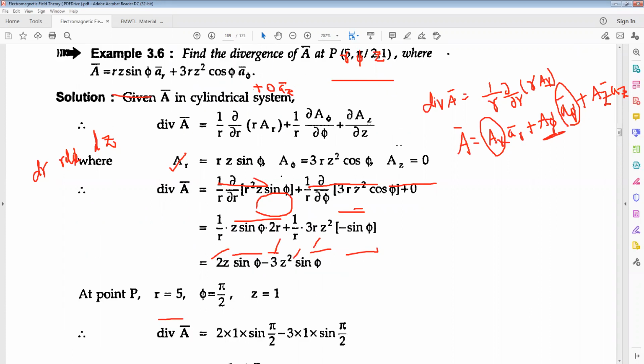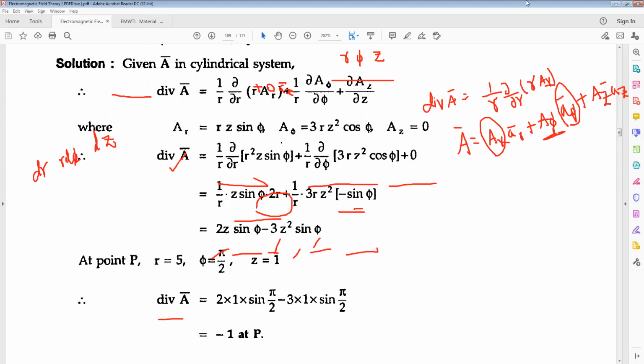Okay, my dear students, the divergence of A bar formula is 1 by r dou by dou r of r into A r bar, plus 1 by r into dou A phi bar by dou phi, plus dou by dou z of A z. Got it, my dear students? The next example,